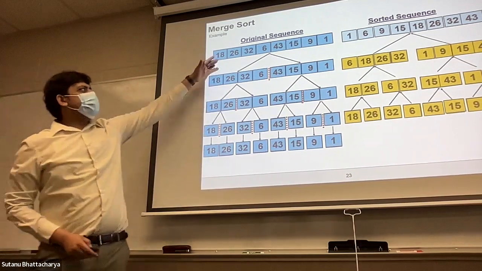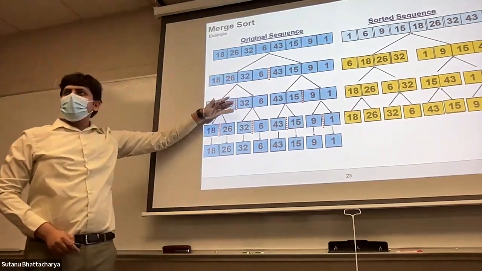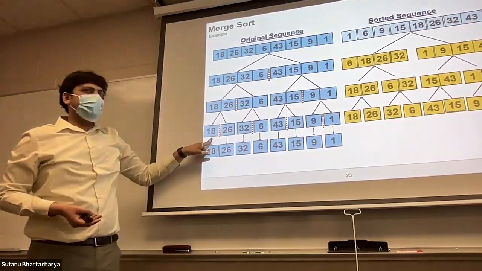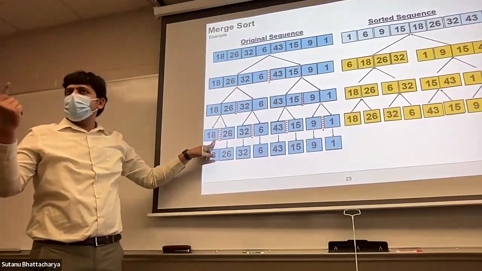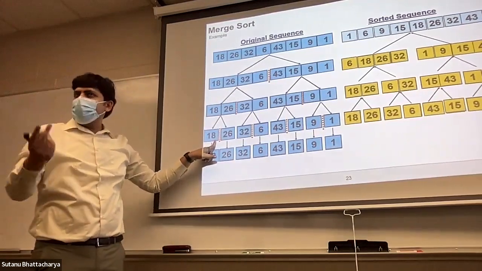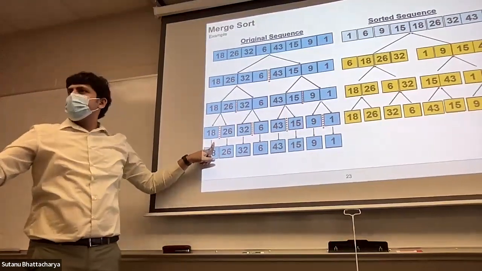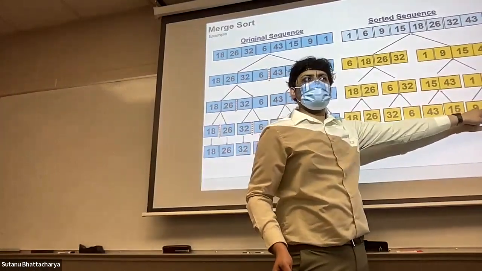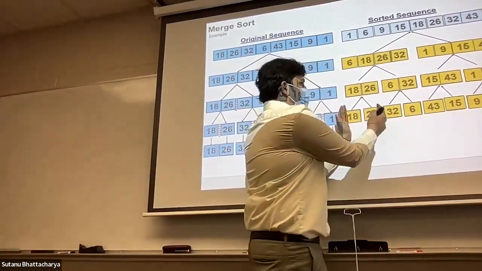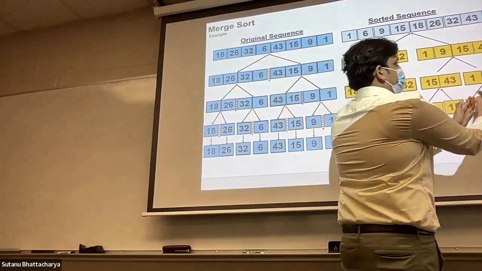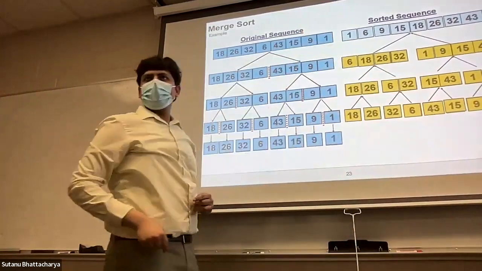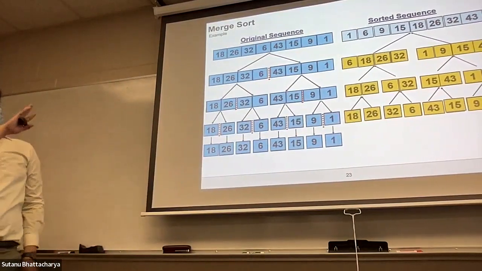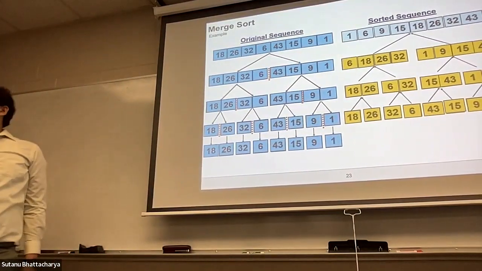So first we divide the problem. Problem of size n. Divide, divide, divide until you have a problem of size 1. When the problem is of size 1, that means it is already sorted. So these are individual solutions, already sorted. Now merge them, merge, merge, merge, and repeat the process. So this is the whole MergeSort